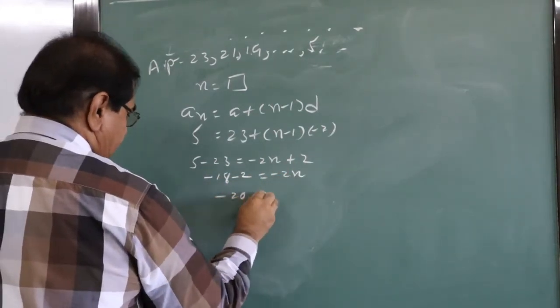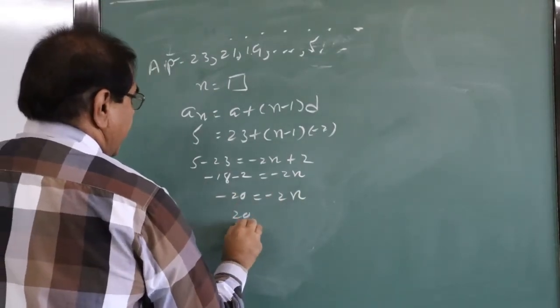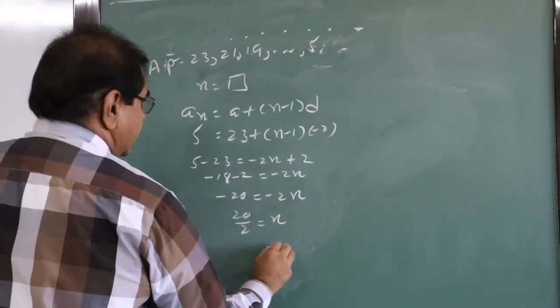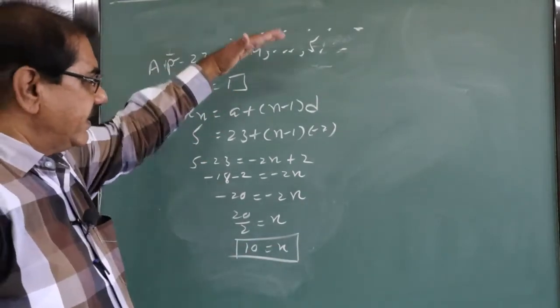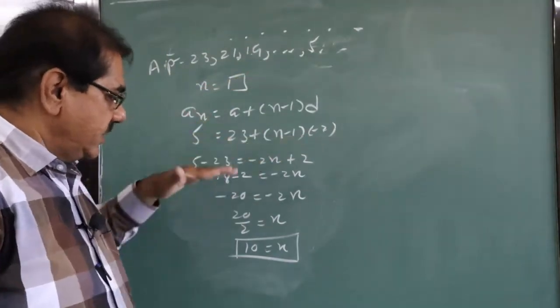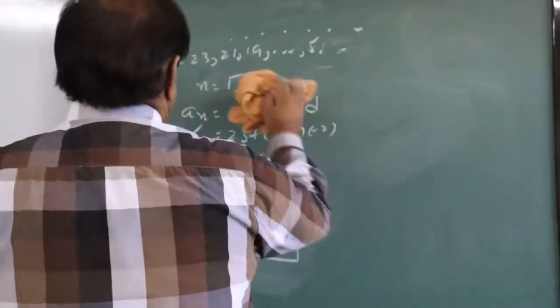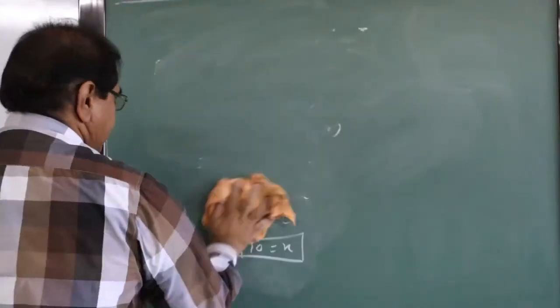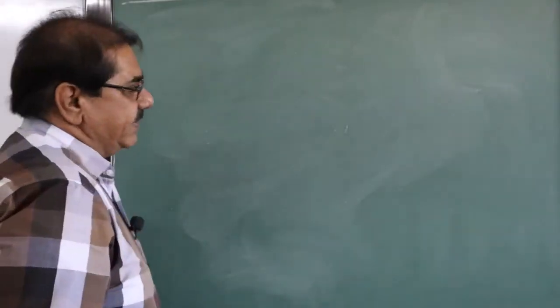So minus 20 is equal to minus 2n. So 20 upon 2 is equal to n, so n is equal to 10. Means in the flower bed there are 10 rows of rose flowers. Is it clear? So after taking many examples based on this formula, an is equal to a plus n minus